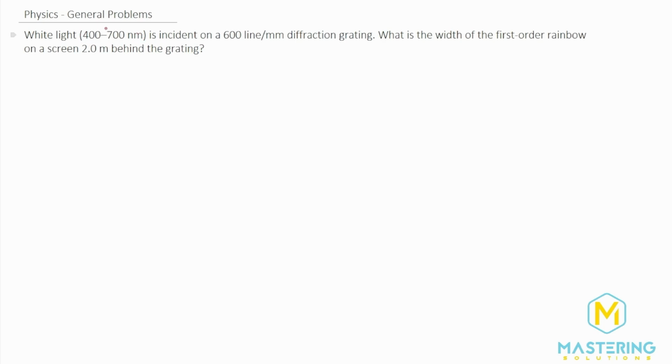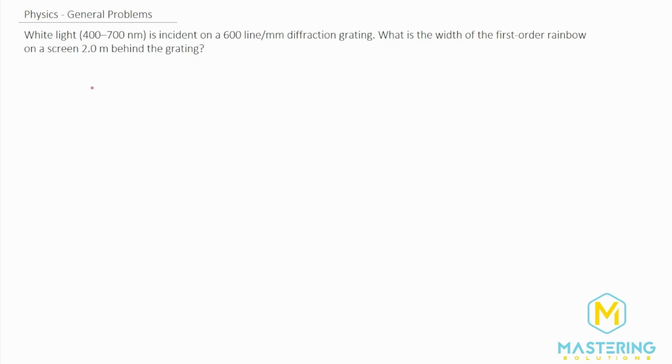What we have to do is they give us the min and the max for the wavelength, so the extreme ends of this white light diffraction grating. The diffraction grating is splitting out all the different colors, that's why they say there's a rainbow. And so we have to figure out what is the minimum and the maximum, or blue and red, and the difference in the width between those two will give us the total width of this.